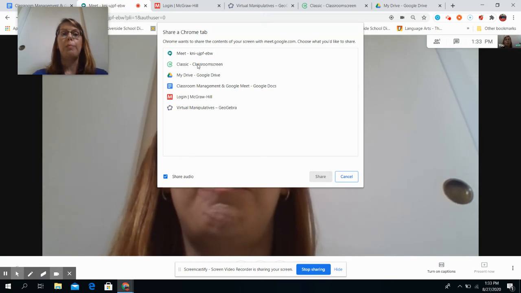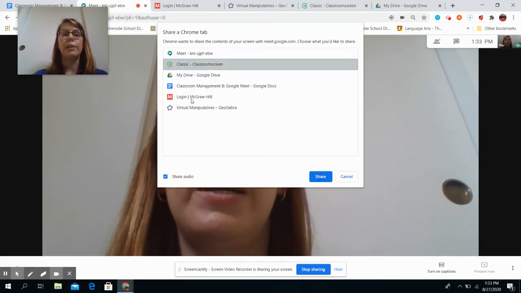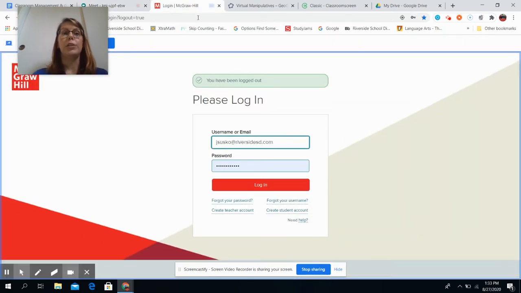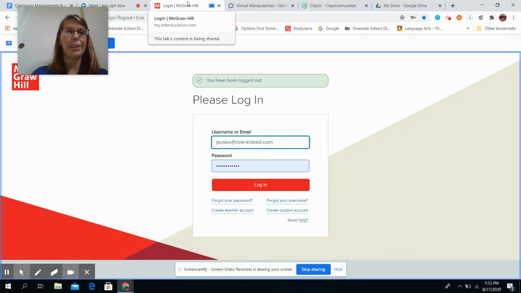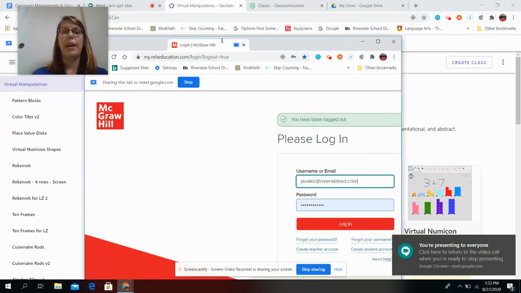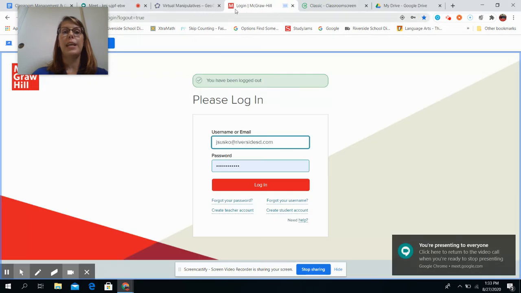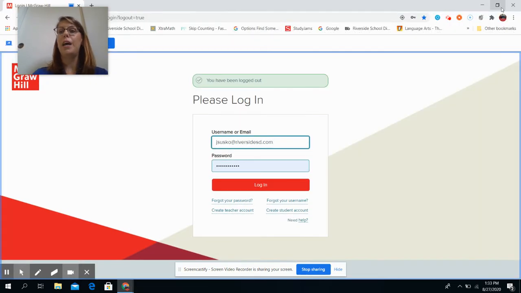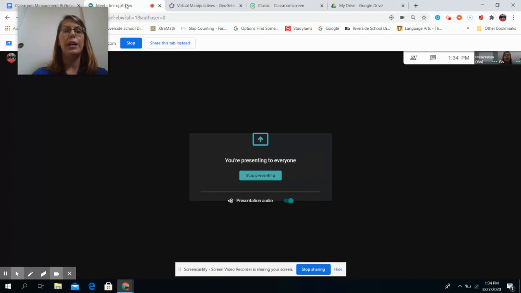So whatever tab it is that you choose, perhaps you're doing an everyday math or a wonders lesson. If you choose just that tab, you can pull that tab down right off, okay? And resize it so that you can see both that tab and your Google Meet at the same time,